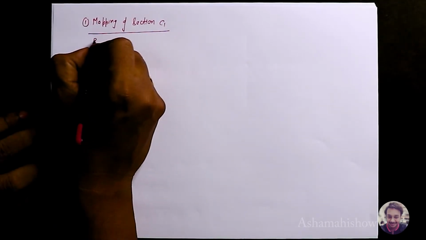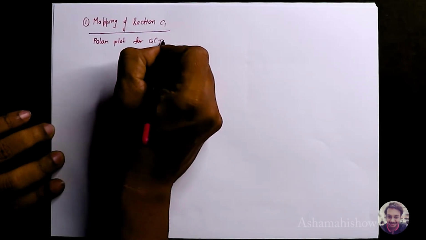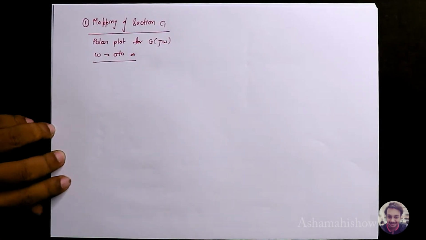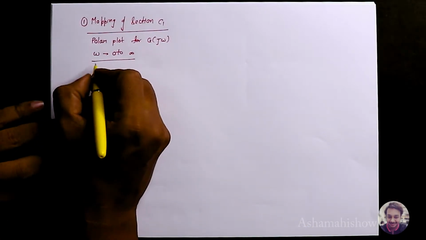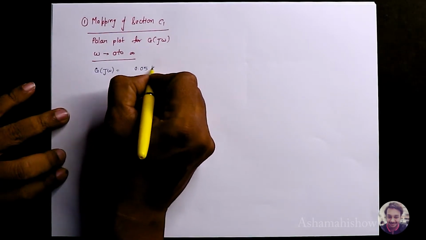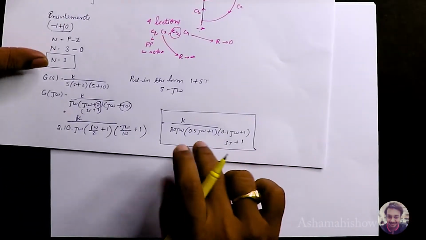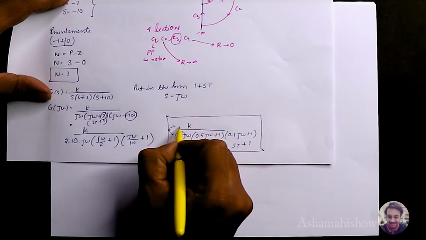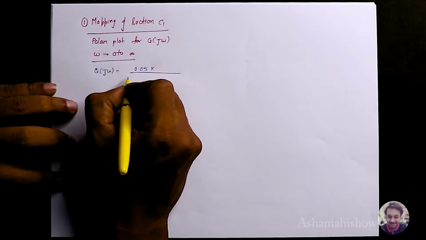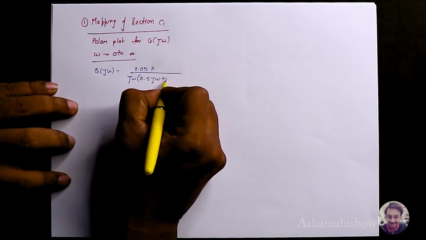Okay, so we will do a polar plot for g of j omega, as omega varies from 0 to infinity, right? So now let us take the g of j omega equation that we got. I have shifted the 20 above, because this is the equation which I got. So if I shift the 20 above, 1 by 20 is 0.05. So I'm making it very easy. I don't want to make it complex with so many numbers. My denominator should be very easy for me to work with.